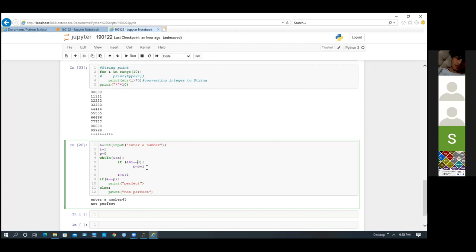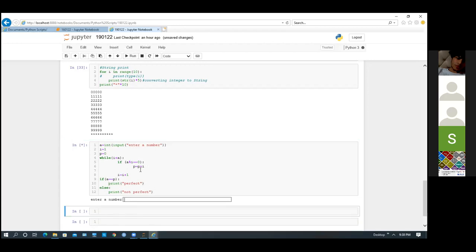I do p equals p plus i, storing that value inside p and adding in each iteration, and I am incrementing i here. Once it's done, if a equals p, meaning my original number and the value of p are the same, then it's a perfect number, else it is not a perfect number.